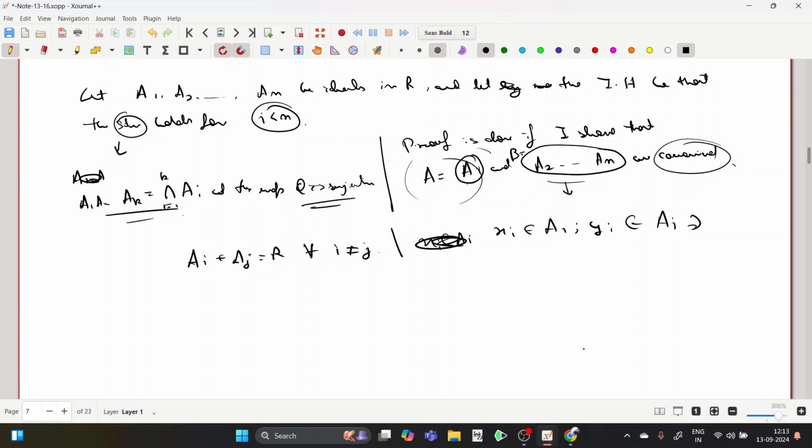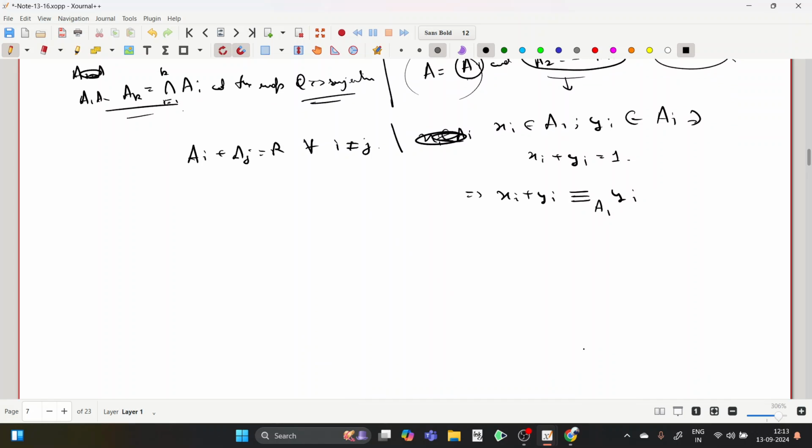I choose this element such that Xi plus Yi is equal to 1. But then observe that this implies that Xi plus Yi is congruent to Yi modulo A1, right? But if it is congruent to Yi modulo A1, then the product of all these elements Xi plus Yi must be congruent to the product of these Yi's modulo A1. But this implies that the elements X2 plus Y2